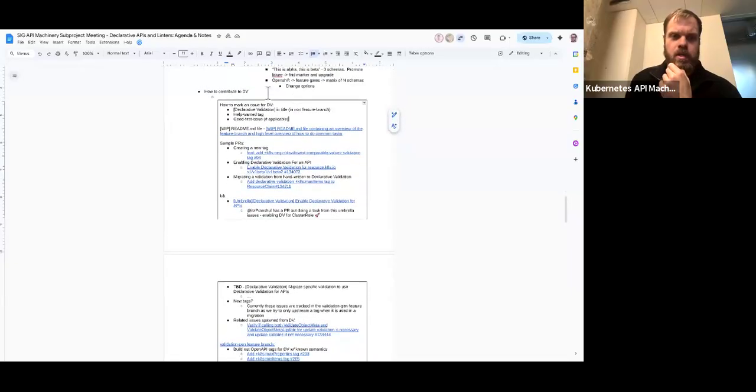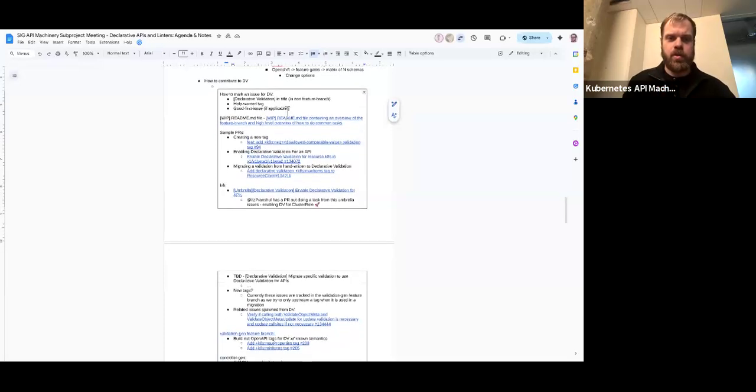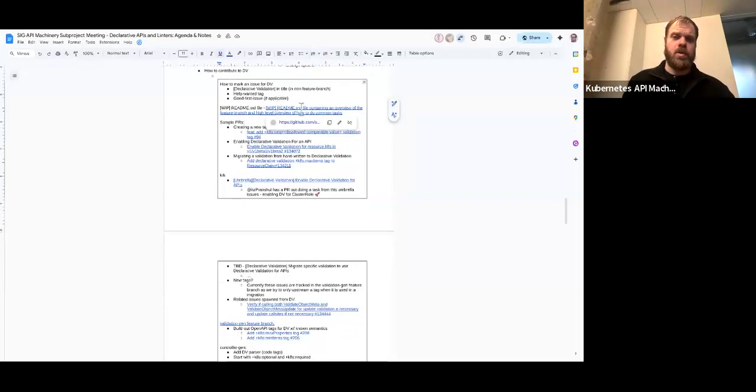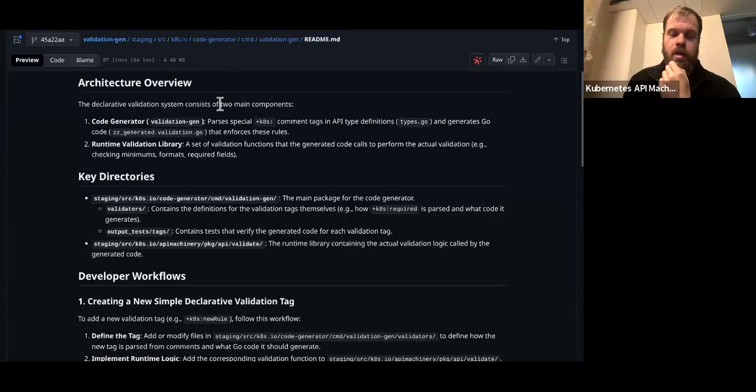Cool. Yeah, I think the next topic we had was, I think Prenshul's in the chat, who I think submitted a PR, but just as far as how to contribute. So I tried to codify some of just declarative validation specifically. It is early, but I tried to codify some brief architecture pieces in the